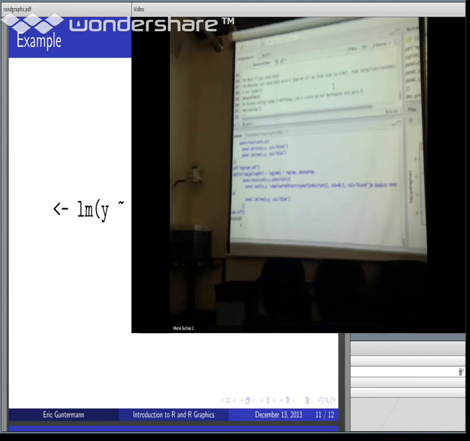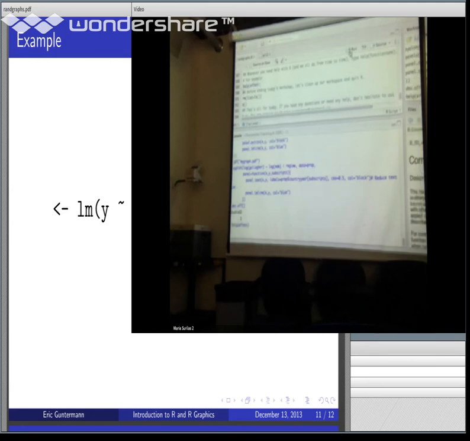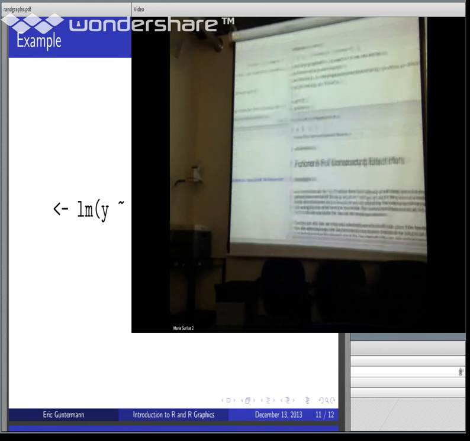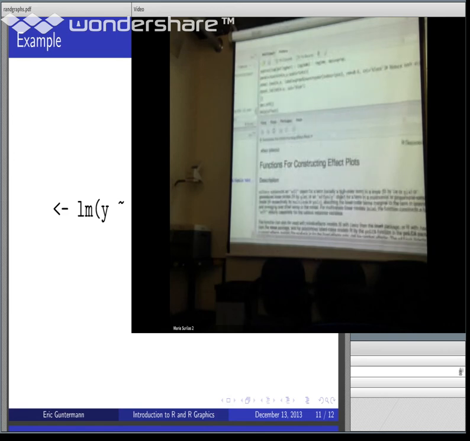So if you want to get access to help files, all you have to do is type help, and then in parentheses you type the name of the command. So if we want to get help on the effect command, which is in the effects package, we just type help and in parentheses effect, and that shows up here in the lower right-hand corner of RStudio,